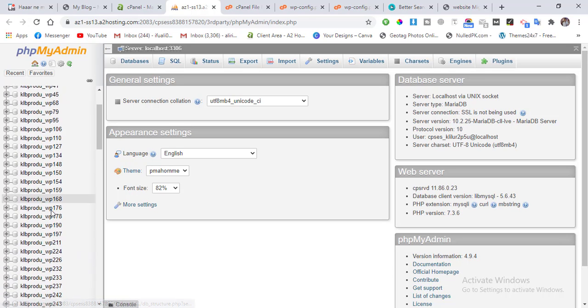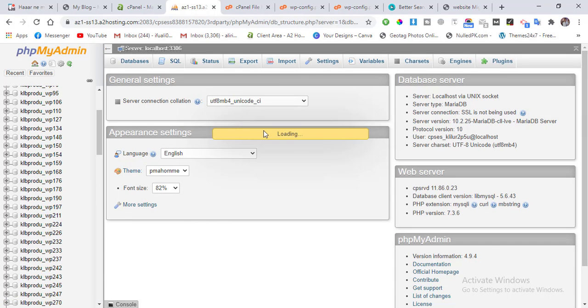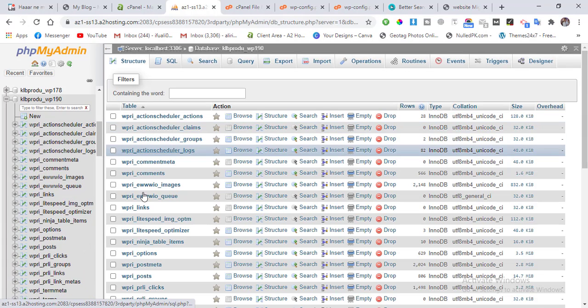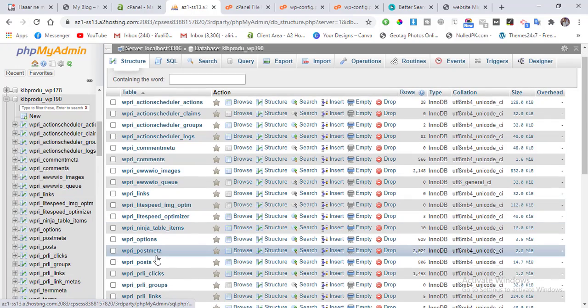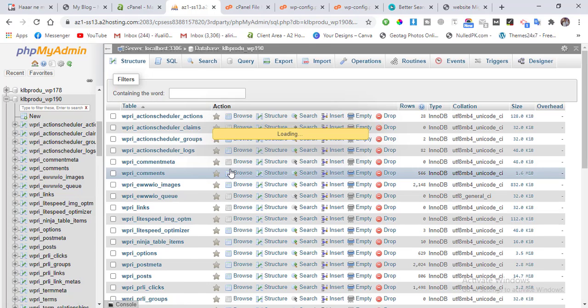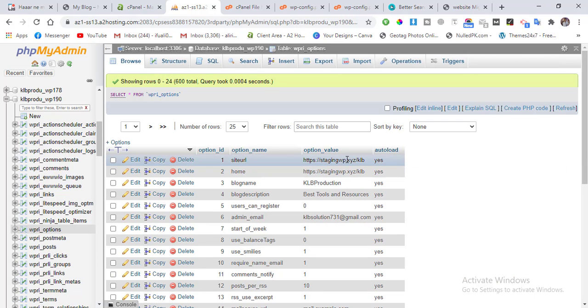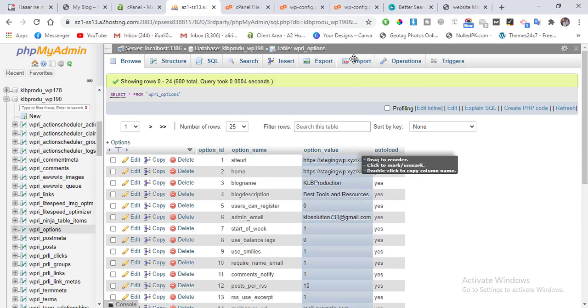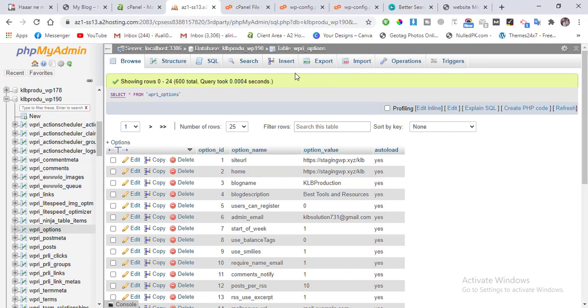We are going to the 19 database, and we are going to wp_options. As you can see, the website URL is stagingwp.xyz/klb. Now we are not going to export this DB to the new DB because both DBs are on the same hosting.